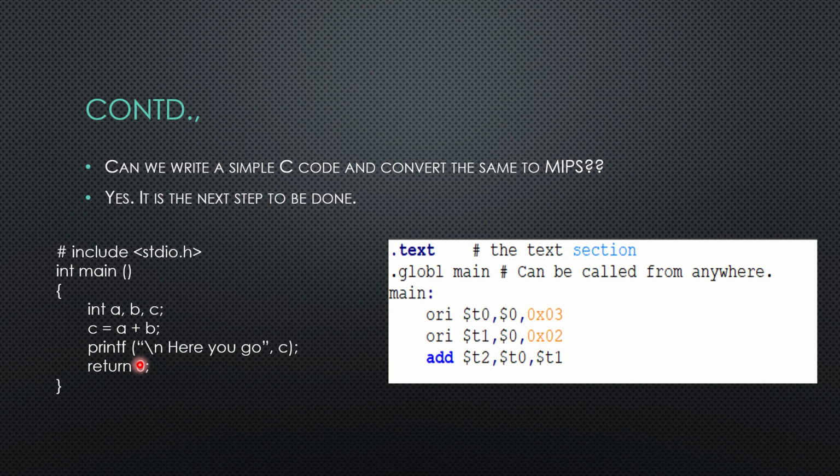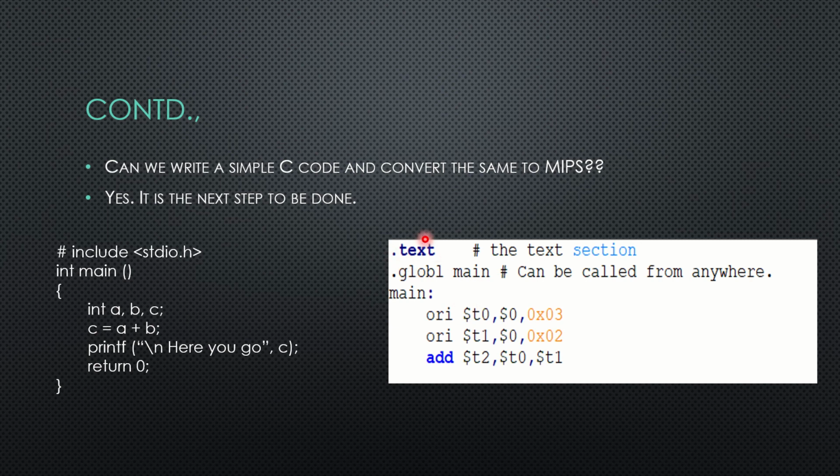Now we'll go with a simple C code, where we will add a couple of numbers and get the reply. This is a simple C code that I'm taking. Include stdio.h, int main. In that I've got a, b, c as integers which are declared. c equal to a plus b is the operation, and I print c. This is very simple code. If I take 2 plus 3, for example, I should get 5 as the output. Now how do we go ahead with converting it to an equivalent MIPS code?